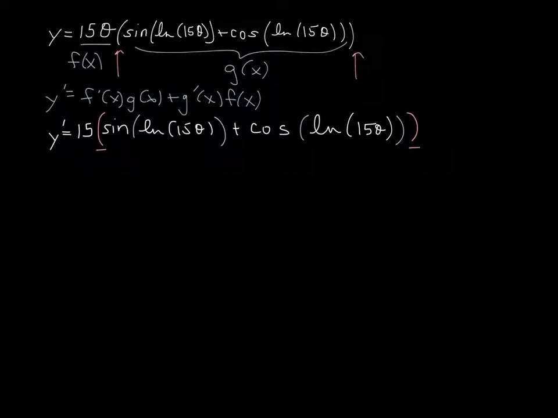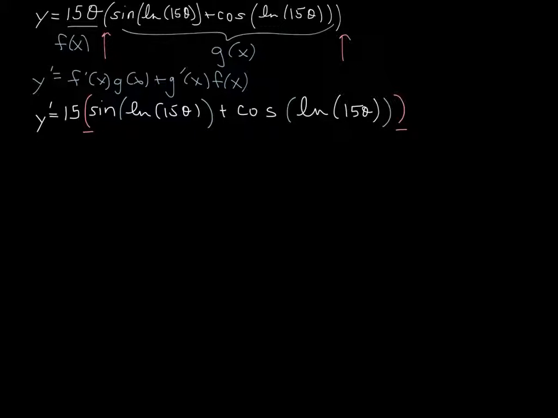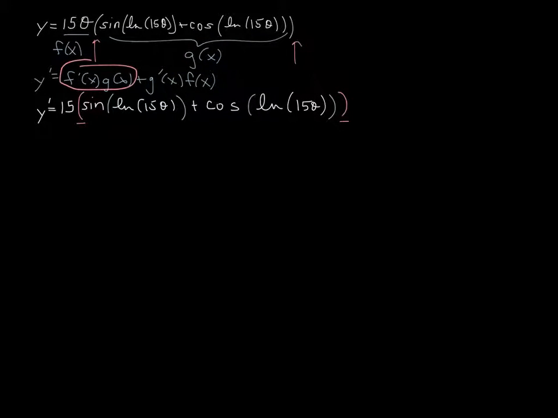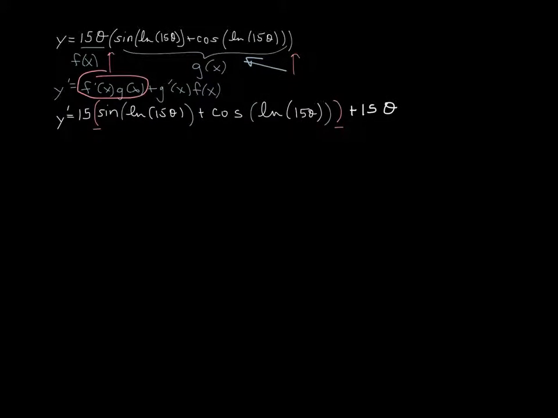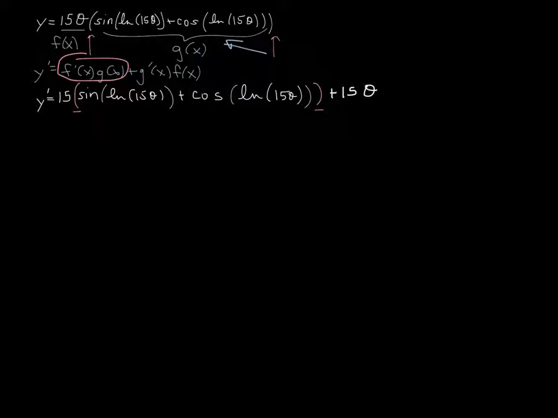So the problem is that's just the first part of the product rule. That's just this piece right here. I still got to do the other piece, and in fact that was the easy side. So from here now, let me see if I can keep writing this so it doesn't get too little. This is where we say leave 15 theta alone and now take the derivative of this whole g of x business. Well, this is a good time to really say if you will use the shortcuts,